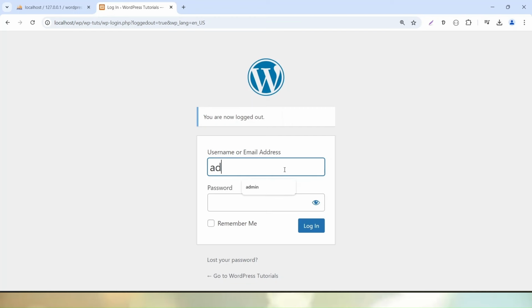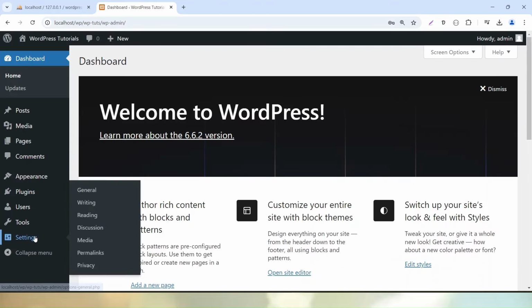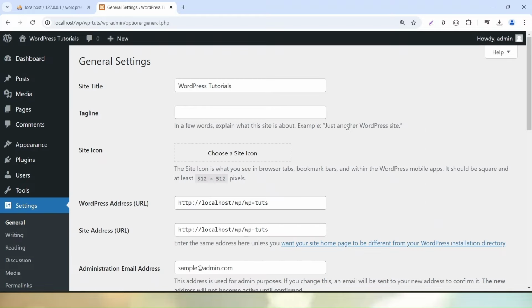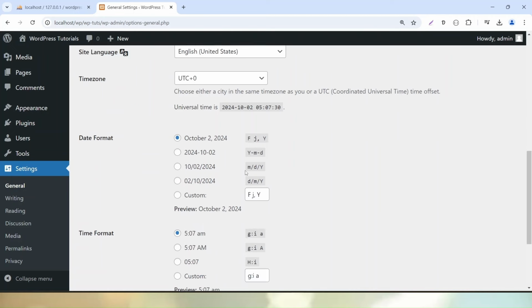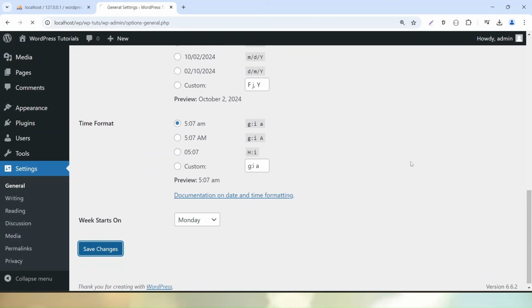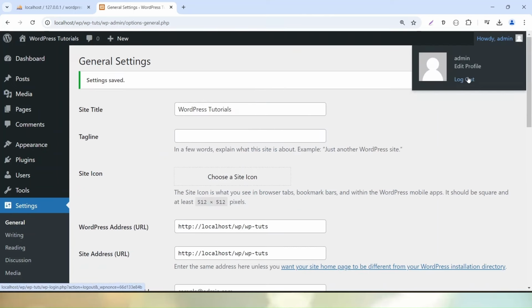First thing first, let's log in to our admin panel. After passing username and password, click on login. Then I will go inside Settings, inside General, and here we can see an option called Membership: Anyone can register. Simply check this checkbox and then click on Save Changes. Setting successfully saved. If I click on logout,